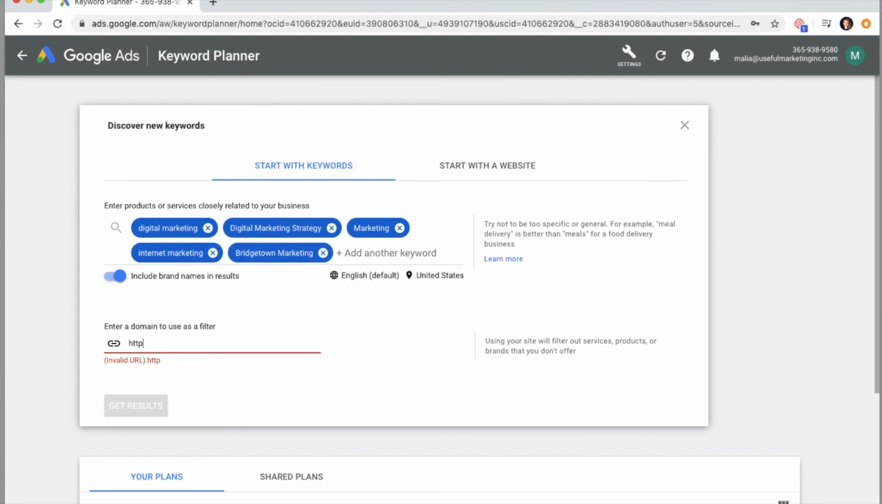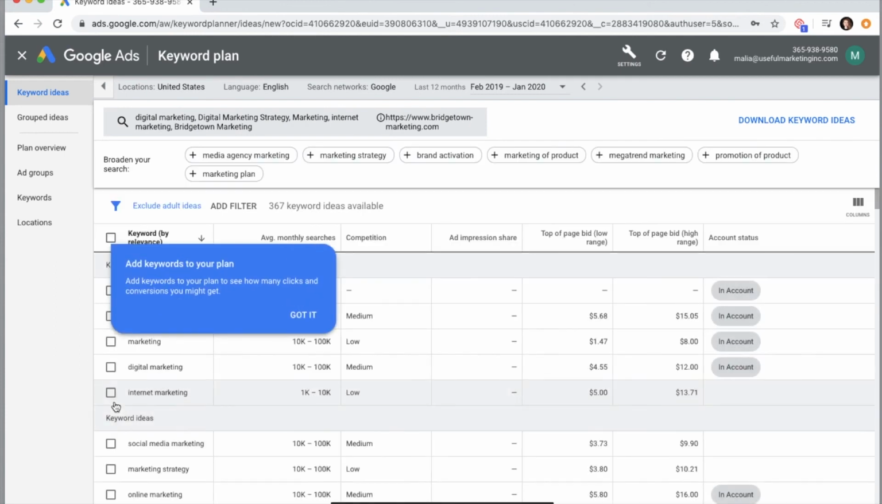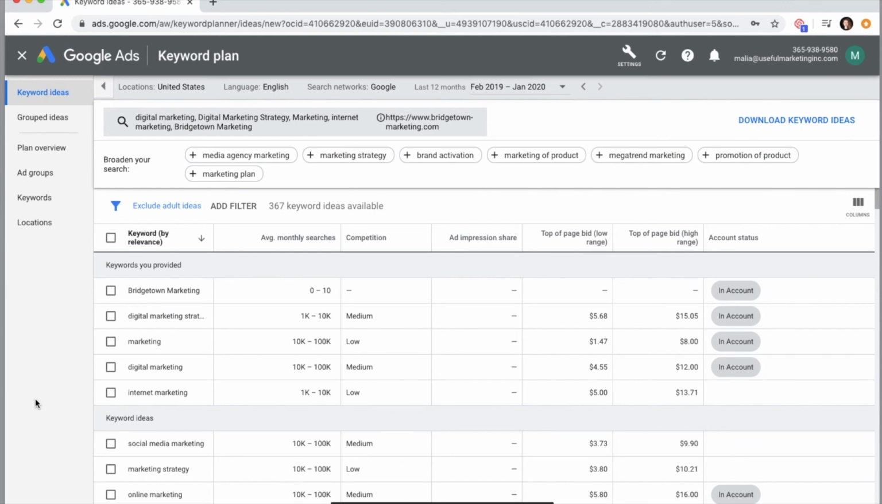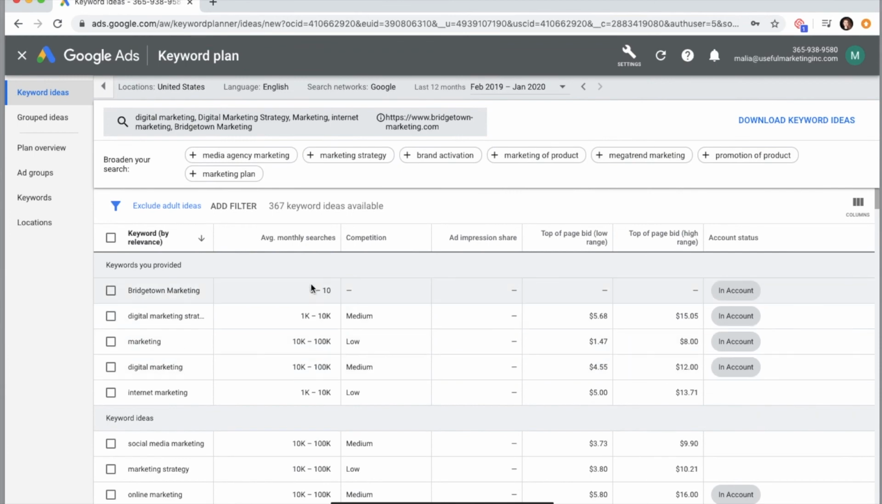You have to put in the HTTPS or HTTP, depending on what you use for your business, and get results. This is going to give you all of the keywords by relevance that appear for your business based on what you just typed in. So these are the keywords that you provided, and it can tell you a little bit about the average monthly searches, whether or not it's a highly competing keyword or not, meaning the higher the competition, the harder it is